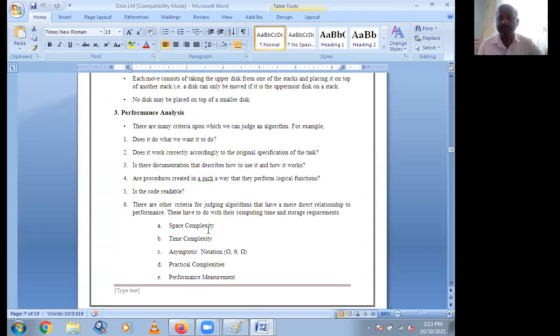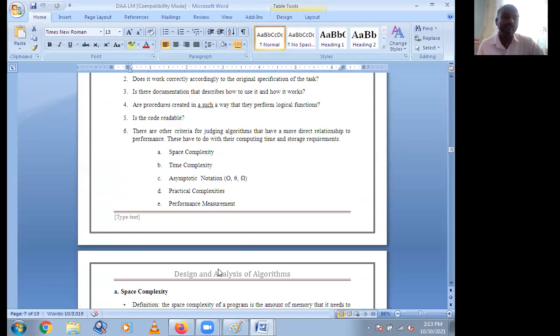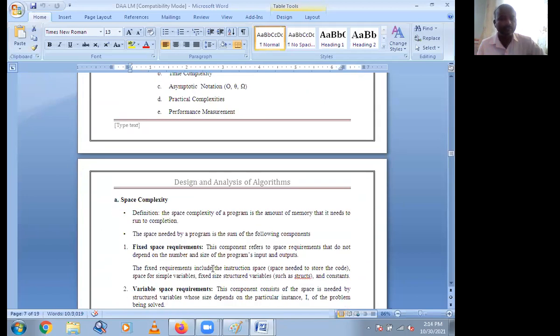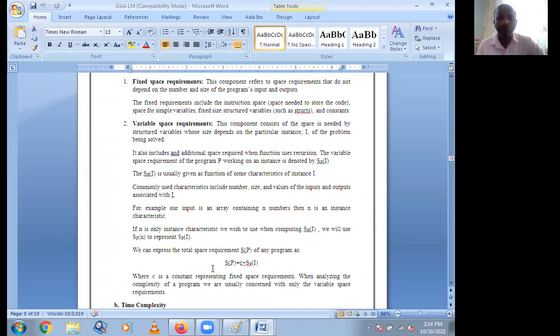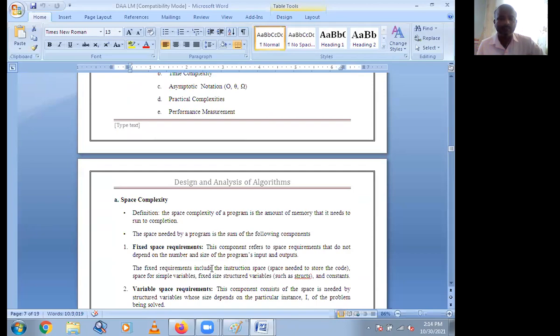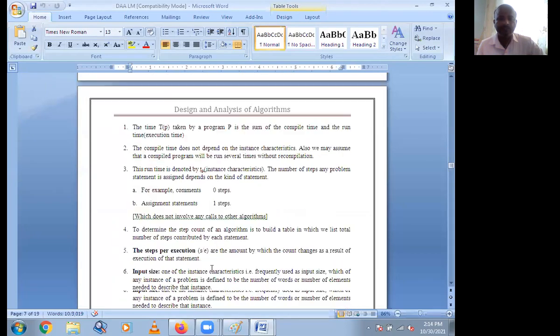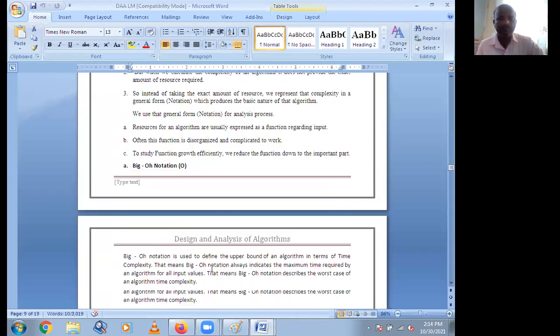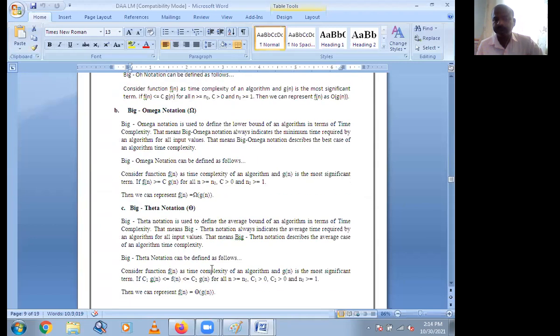In that, space complexity, time complexity, asymptotic notation, practical complexities, and performance measurement. And last is amortized complexity. You have to mention all these in the performance analysis. Okay, this is your first study experiment.